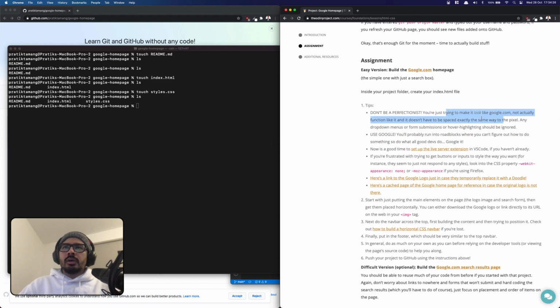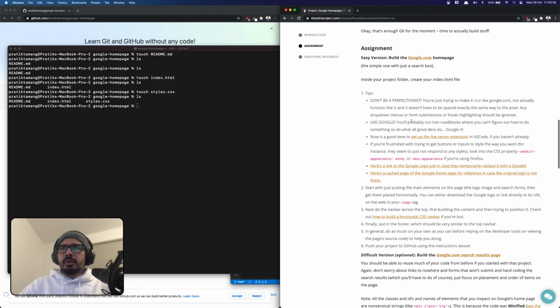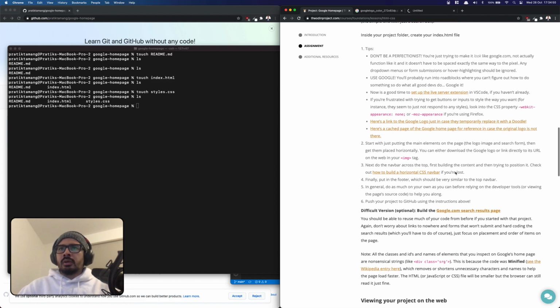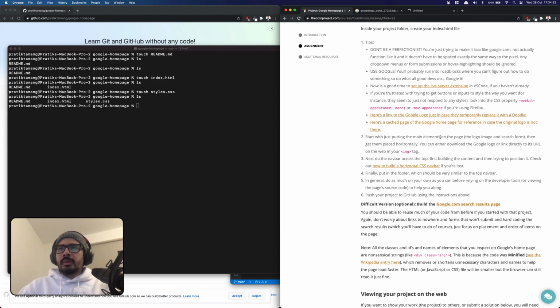You're just trying to make it look like Google, it doesn't have to function. That's fine. Use Google instead of a live server extension, which I already have. There's a Google logo that helps. There's a cached page of Google homepage reference. Okay. Start with just putting the main elements on the page, the logo and search form. Then get them placed horizontally. You can either download the Google link or